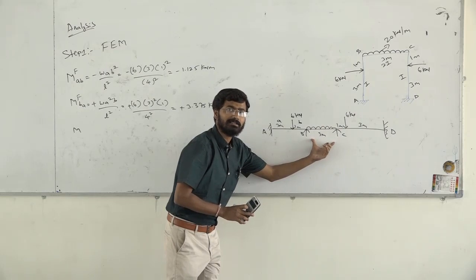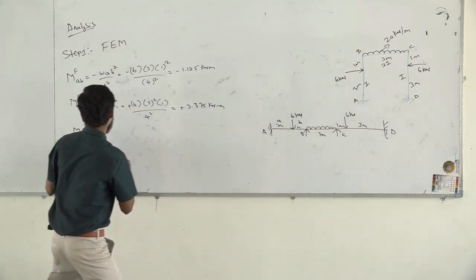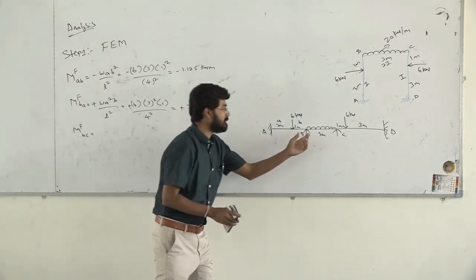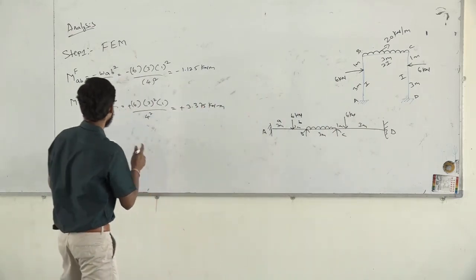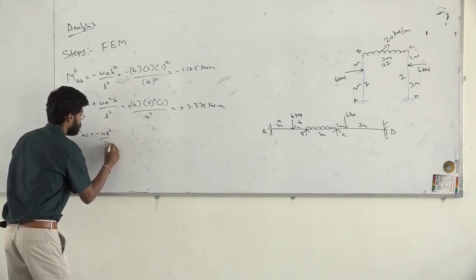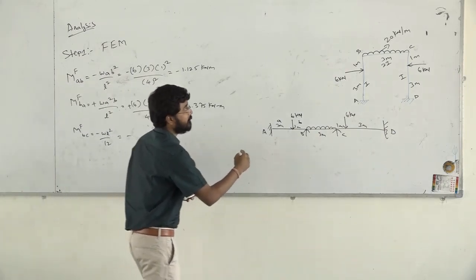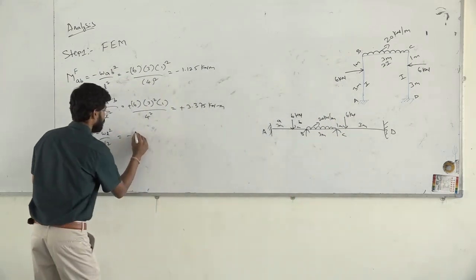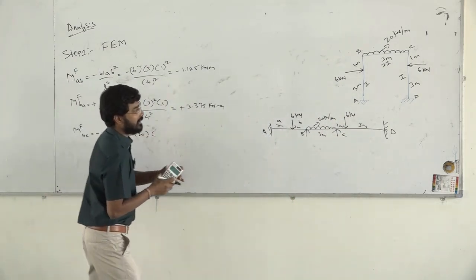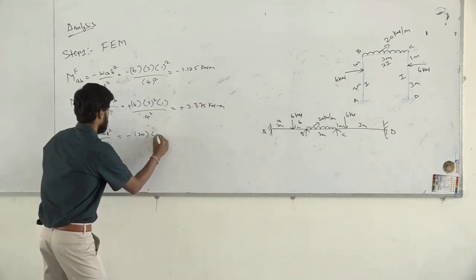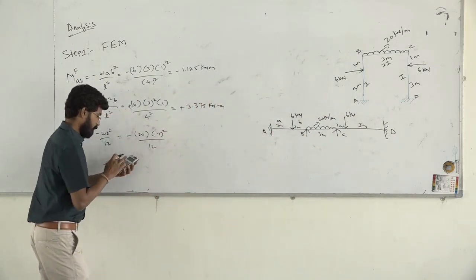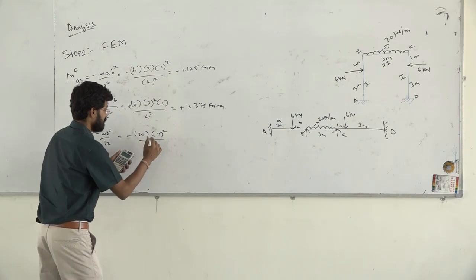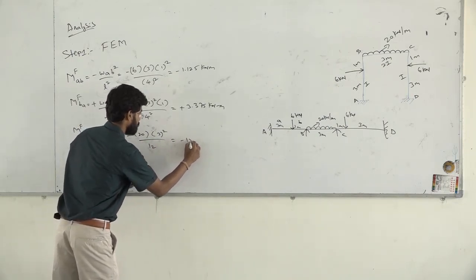Now similarly if you go with our next span, our BC. Again we will consider this as a fixed support and then we will calculate the fixed moment MF. Now BC, this is a UDL. For a UDL we have the answer as minus WL square by 12. The loading given is 20 kilonewton per meter. So minus 20 into the length, which is 3, square, upon 12. With your calculator, 20 into 3 square divided by 12, the answer is minus 15.